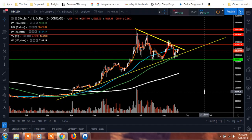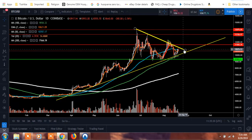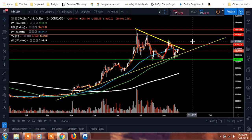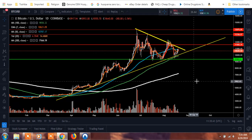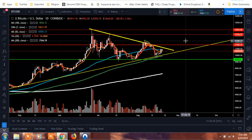But in terms of Bitcoin, we got our higher low, so that's looking good. We're still trapped with lower highs. So right now we're basically forming a big, massive symmetrical triangle here. We're just going to wait to see if we get that break to the upside or the break to the downside. If we do get a break to the upside and we can actually get out of this trend line, I would look up to around that